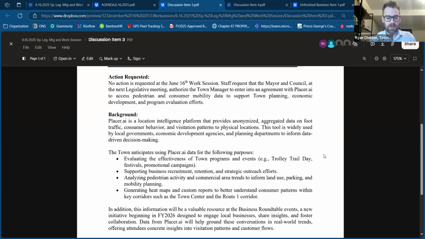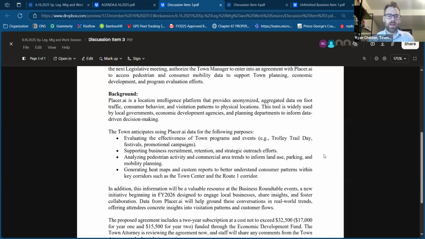So yes, staff have been speaking with Placer AI as well as neighboring municipalities, College Park and Hyattsville, who are already customers of Placer AI, about their offerings. The town anticipates being able to use Placer AI information to help evaluate effectiveness of town programs, supporting business recruitment, retention, strategic outreach goals, analyzing pedestrian activity and commercial area trends, and generating heat maps and custom reports to better understand consumer patterns along key corridors such as Town Center and